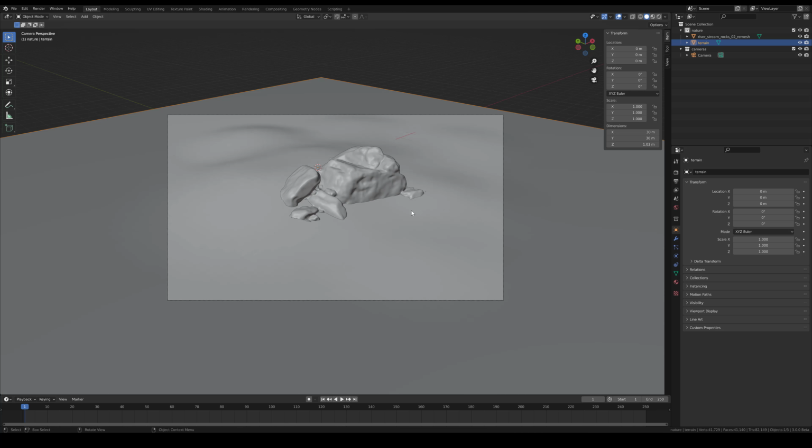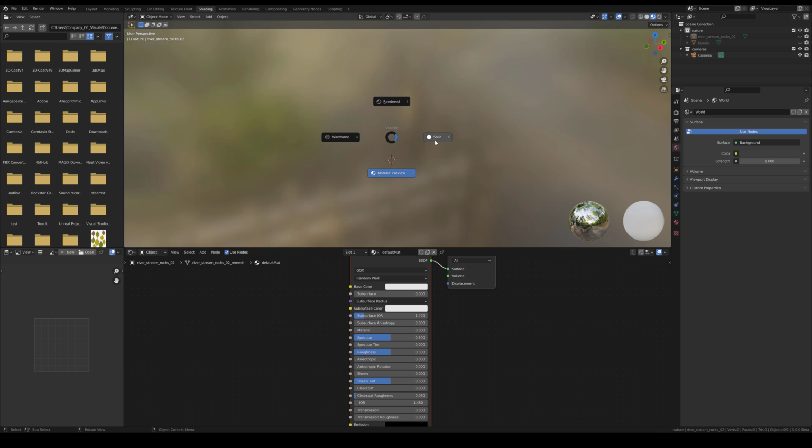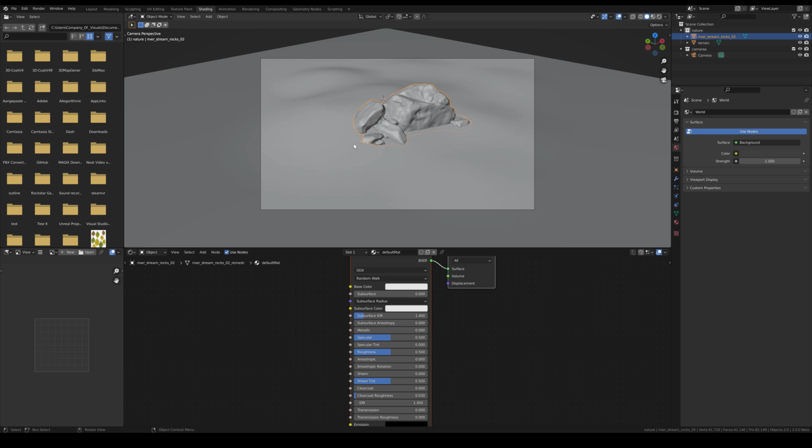All right, so we have the plane. We have the rock model. It still contains the old name, so let's rename this. That's much better. And I like to go to the shading. Before we go there, I like to disable these two because it will load all the textures, and I want to go to solid view, and now I can enable them. So left click on the rock formation,